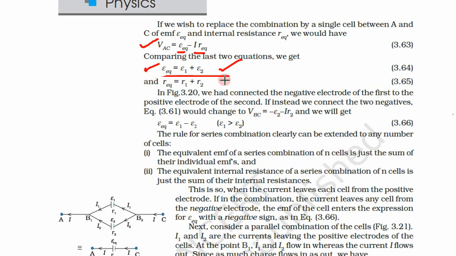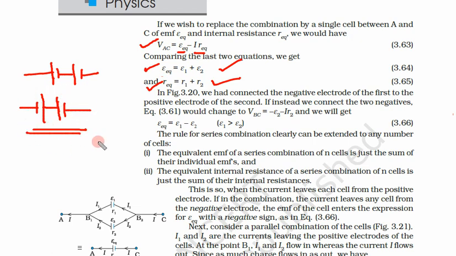What is the new thing is that potentials or EMFs are also added in series. But there is one difference. What we did, we took this first cell and connected like this. What would happen if we connected like this? So this is negative, this is positive, this is again negative, this is again positive, this is negative. Then what would happen? So can you see the difference? This is positive, this is negative, positive, negative. So negative terminal is connected to positive.